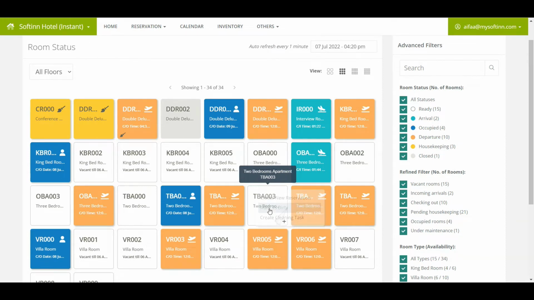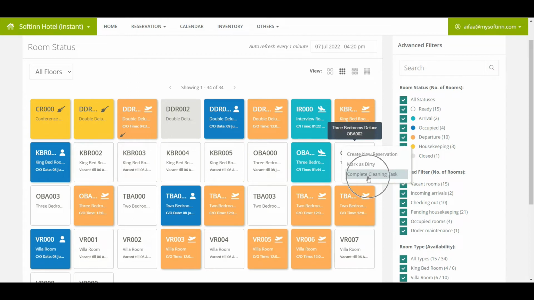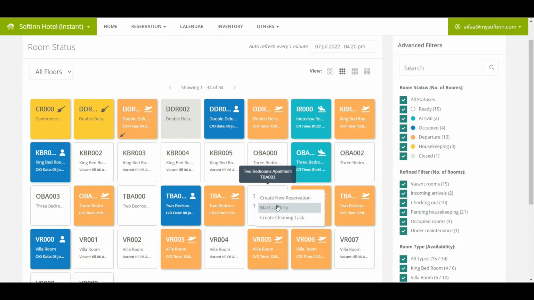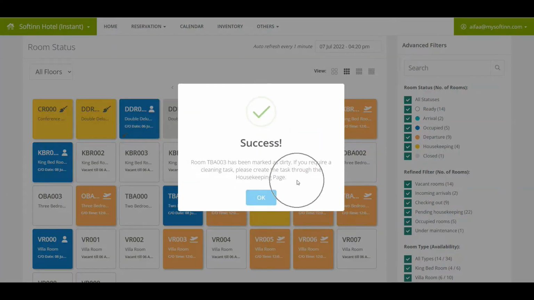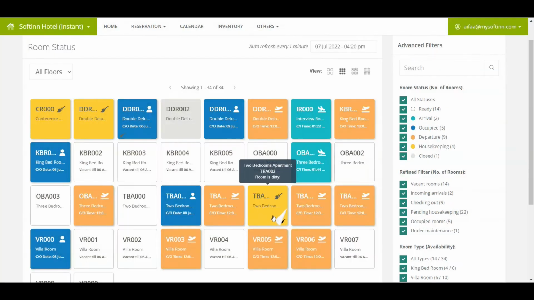Click on the room number, you will see a list of menus such as Create Reservation, Mark as Dirty, and Create Cleaning Task. You will be seeing Complete Cleaning Task instead of Create Cleaning Task if there are housekeeping tasks for that room number. You are now able to mark the room dirty or clean regardless of cleaning task status for the room. If you mark as dirty for the vacant room, the room will be changed to yellow color